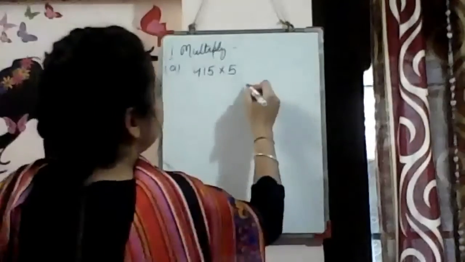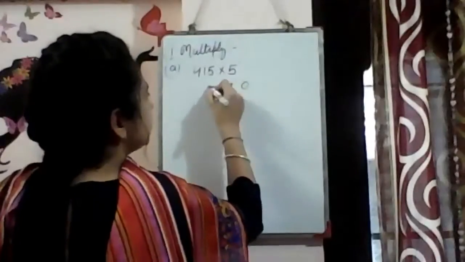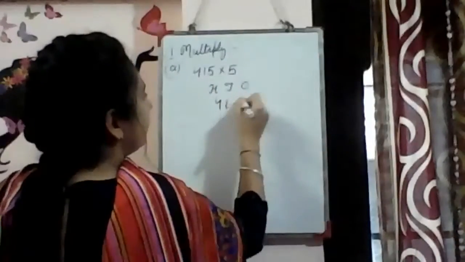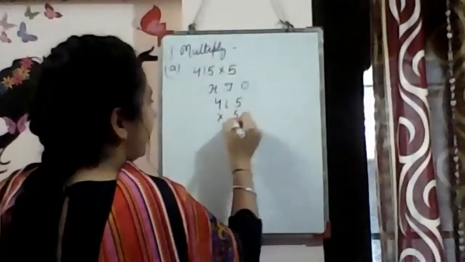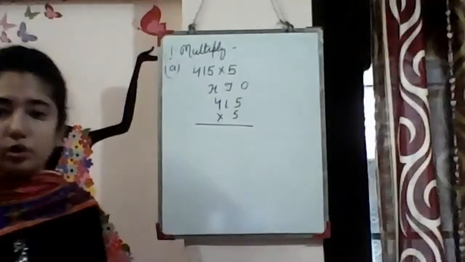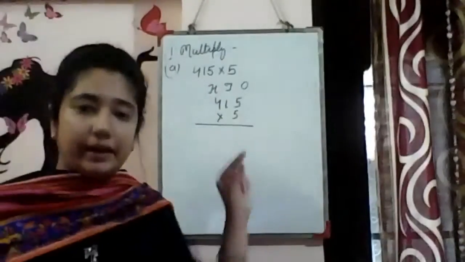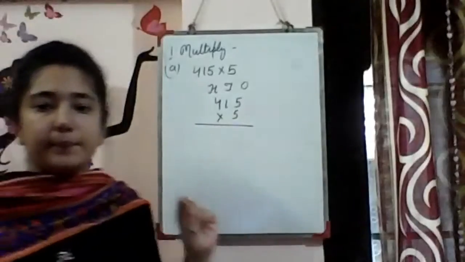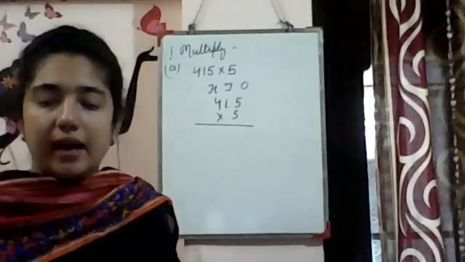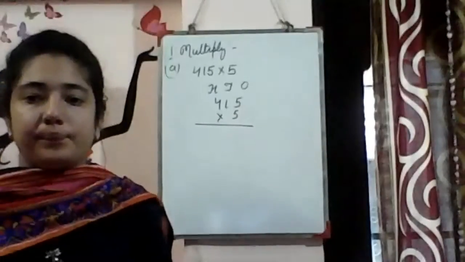I'm just arranging the numbers here. Ones, tens, hundreds, 415 by 5. And I have told you that this is your opinion, where to put the carry circles. Okay. Arav has written, Naval has written, both the answers are same.